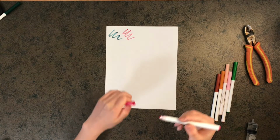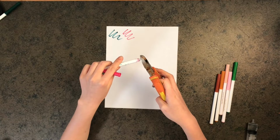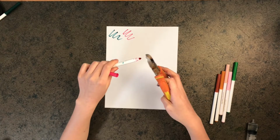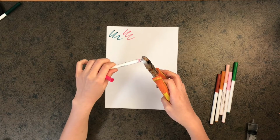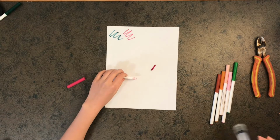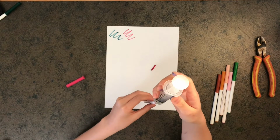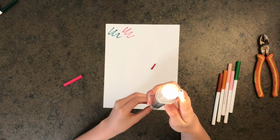So, relatively dry marker, and I carefully remove the nib. I found that it helps if you wiggle the barrel back and forth a little bit. And then using a syringe, I deposited 1 milliliter of alcohol into the barrel, and that gets soaked up by